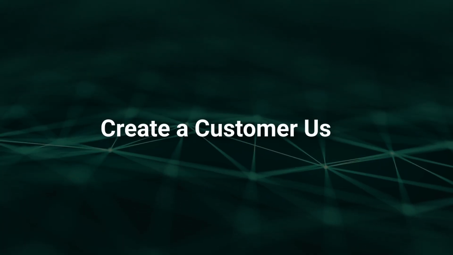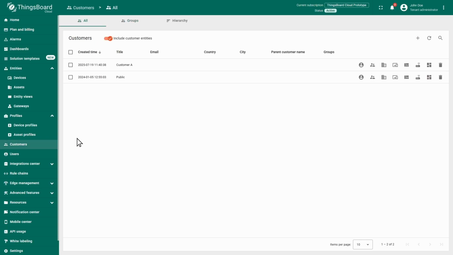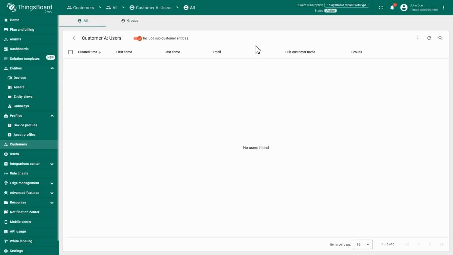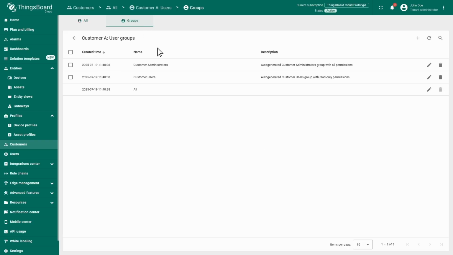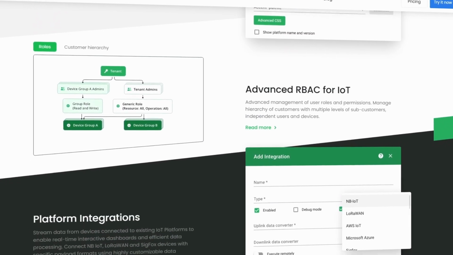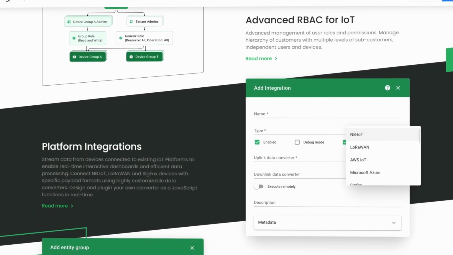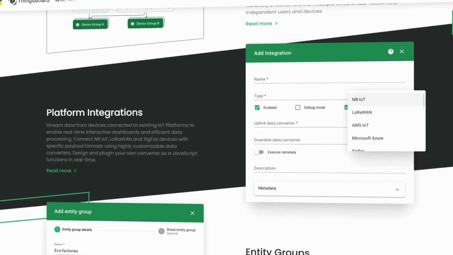Create a customer user. Now let's create a customer user account with read-only access to both the dashboard and the device data. Go to the Customer section, open the Manage Customer Users tab for Customer A, then switch to the Groups tab and open the Customer Users group. All users in this group have read-only permissions by default. ThingsBoard provides a flexible role-based access control (RBAC) system that allows you to clearly define user permissions, ensuring both security